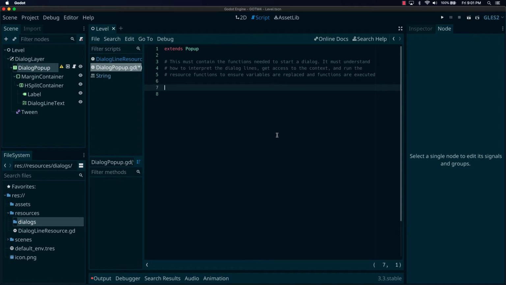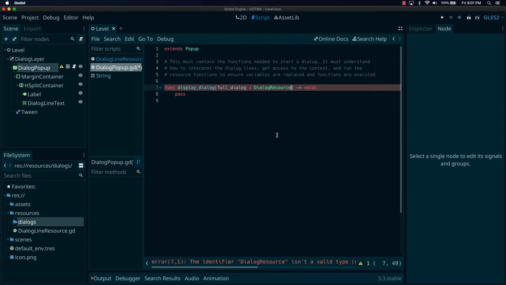Okay, so for this pop-up, we're just going to make a function here to call from anywhere in the scene tree. And I think I'm going to go with something like display dialog. It's going to need, well, first of all, it's going to need the context. It's also going to need this, I'm calling it full dialog actually. And the full dialog is just the,